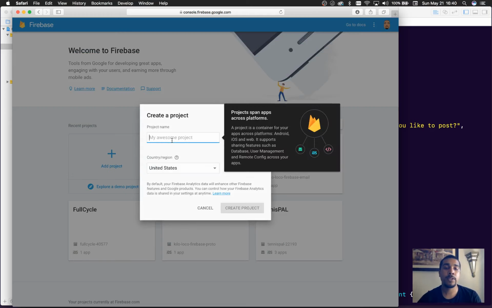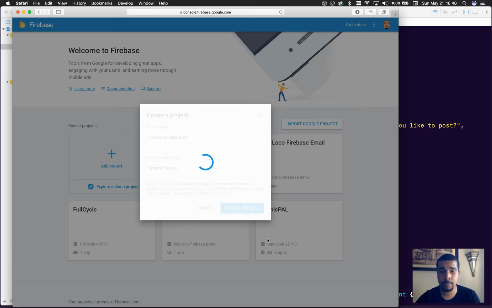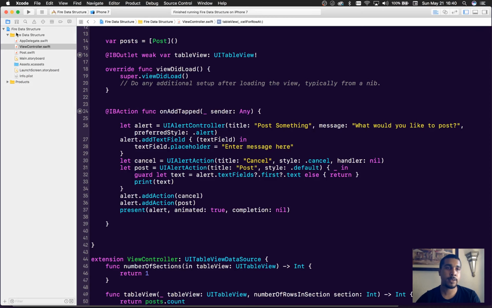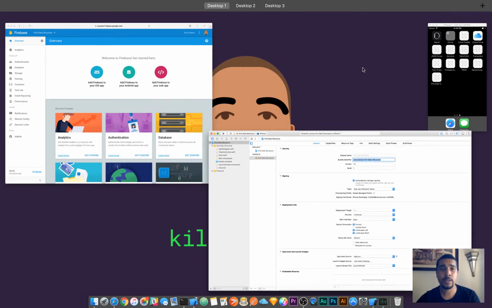And what's my project's name? It's called, what is it called? Fire Data Structure. Doesn't have to be the same. You call it whatever you want, but that's the name of my Xcode project, so obviously it makes sense to call it the same thing. While that works on whatever it's doing, I'm going to go back over here to my main file, get my bundle identifier, command A, command C to copy,